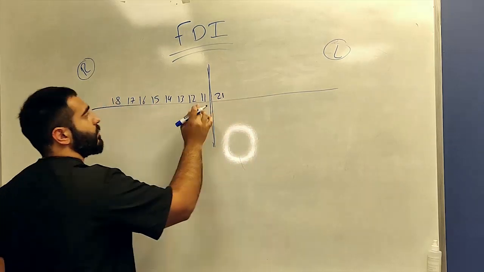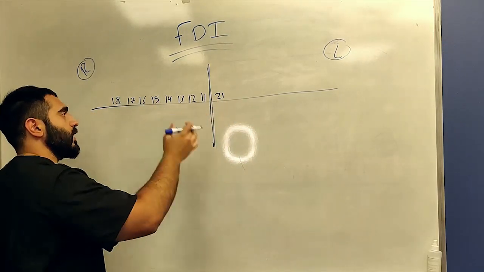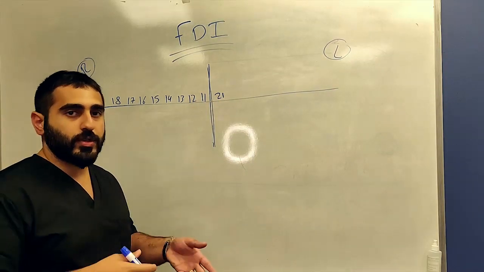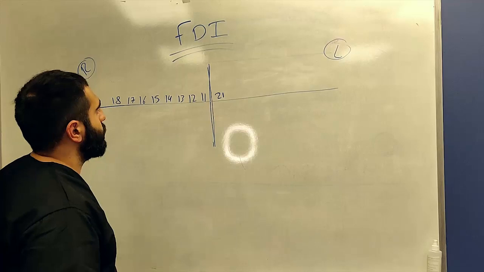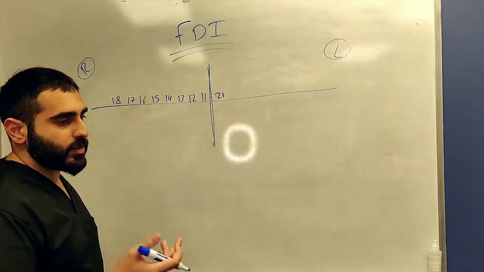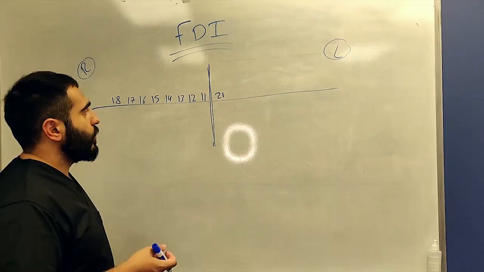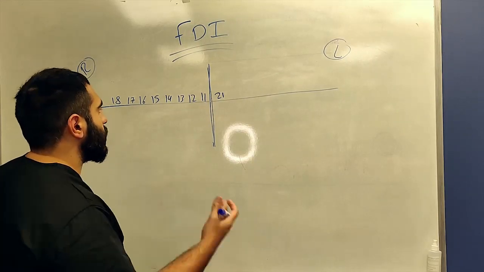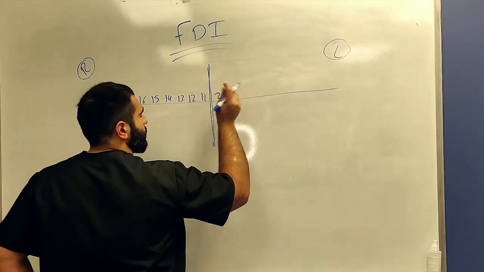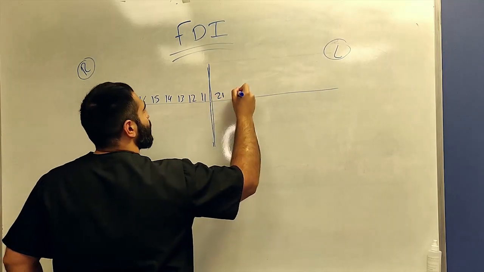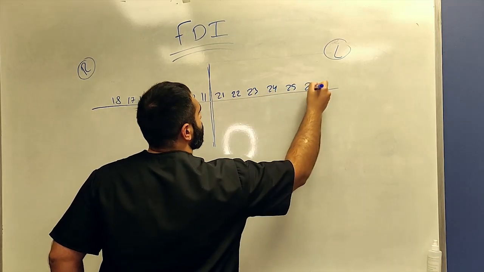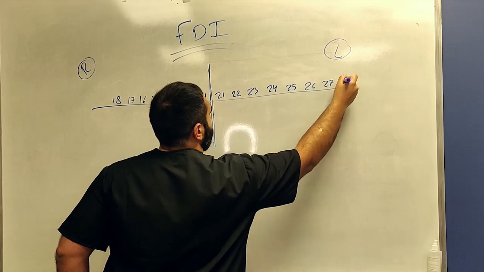And by the way, we don't call them 11, 12, 13, or 21. We say 1, 2, or this is 2, 1. Because the first number is the quadrant, the second number is the tooth. So make sure you don't call them 21 or 22. Like we would call, for example, tooth number 24 for your lower central incisor. That's not how it would work in the FDI system. So 2, 1, 2, 2, 2, 3, 2, 4, 2, 5, 2, 6, 2, 7, 2, 8 being